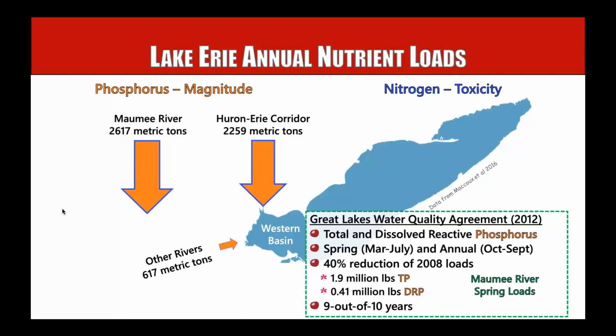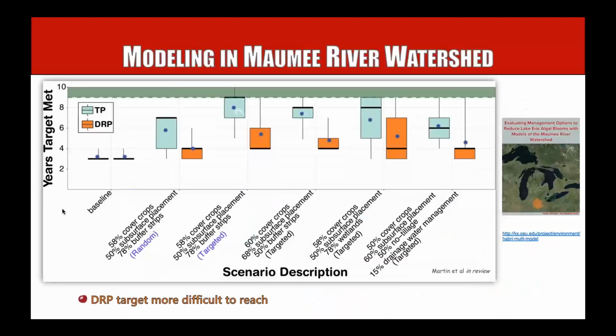So again, we're focused on the Maumee River, trying to reduce phosphorus. And our group has done a lot of watershed modeling in the Maumee River watershed. And this slide's a little busy, but I want to point out a couple things here that really guided this project and the focus on elevated phosphorus fields. To orient you to this slide a little bit, over on the left-hand side, you see baseline labeled, and that's the amount of total phosphorus and dissolved reactive phosphorus on average that came out of the Maumee River between 2008 and 2018.